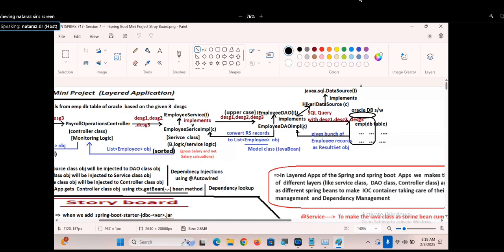Array of objects as return type, or list of objects as the return type. Agree with me? Tell me, what is the one I am passing? From here, what is this? A list of Java Bean objects, list of employee objects, to the service class. So result set records are converted into a list of employee objects, and this list of employee objects is passed to